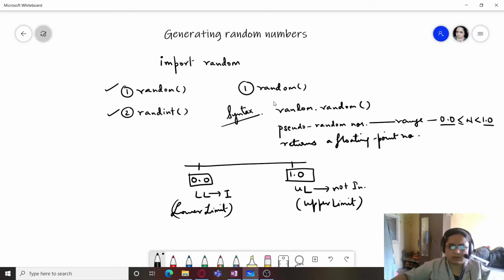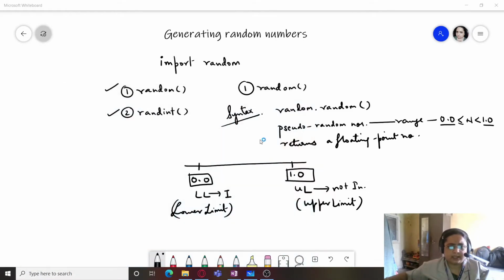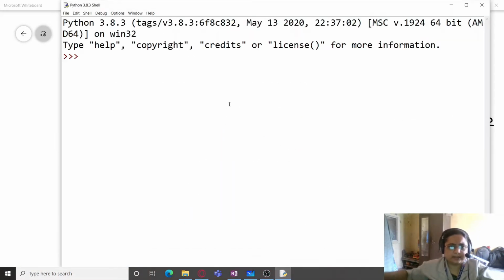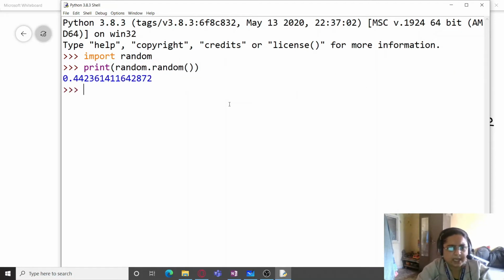Let us see how this random function works. I'm going to open the Python IDLE, and here you will check. First I'm going to import random. Now I'm going to print random.random and press enter, and you can see a number is generated in floating point value, that is 0.44236 and so on.